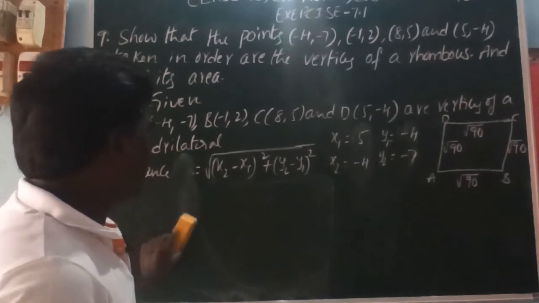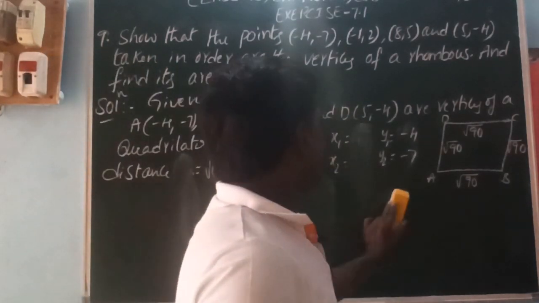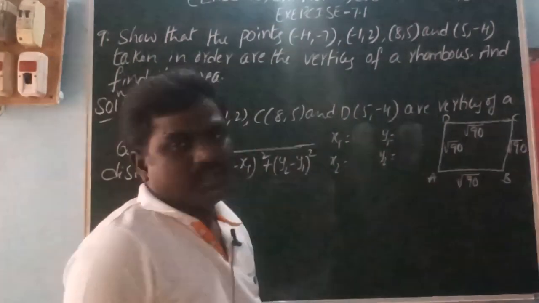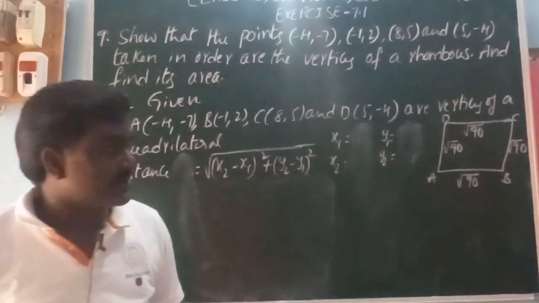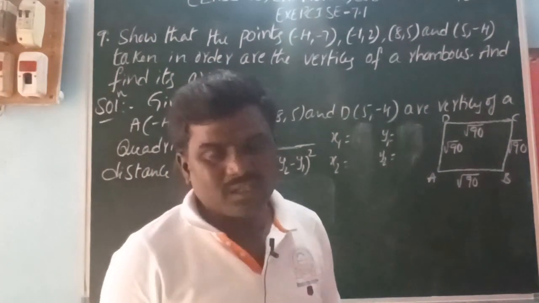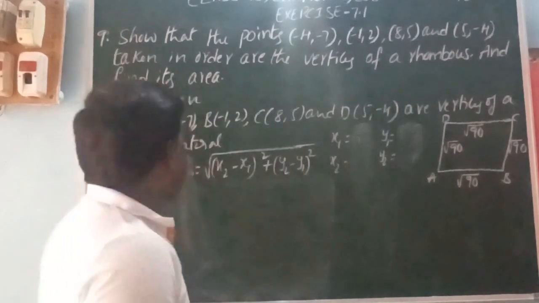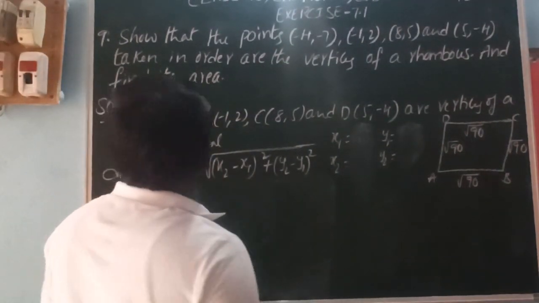So all sides are equal. Now we can prove that the diagonals are not equal. So what is called a rhombus? In a rhombus, adjacent sides are equal and the diagonals are not equal. So the distance AC is